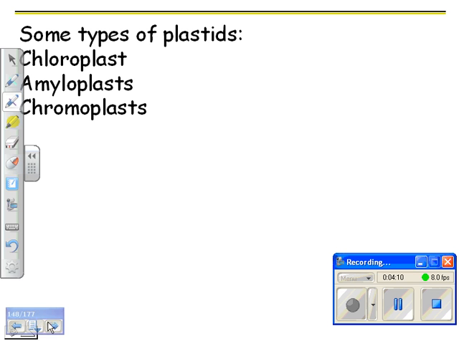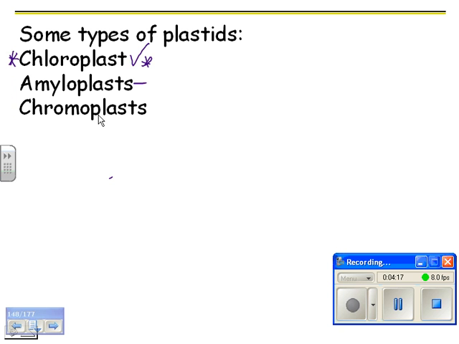There it is. Okay, so amyloplasts. You don't really need to spend a lot of time on these, except that we're going to be talking about them in lab, so that's why I'm introducing them. Do you remember back when we did the digestive system, there was an enzyme called amylase, and you know it's an enzyme because it ends in ase. This is an enzyme that breaks down starch. Well, this is a plastid, an organelle, that stores starch.